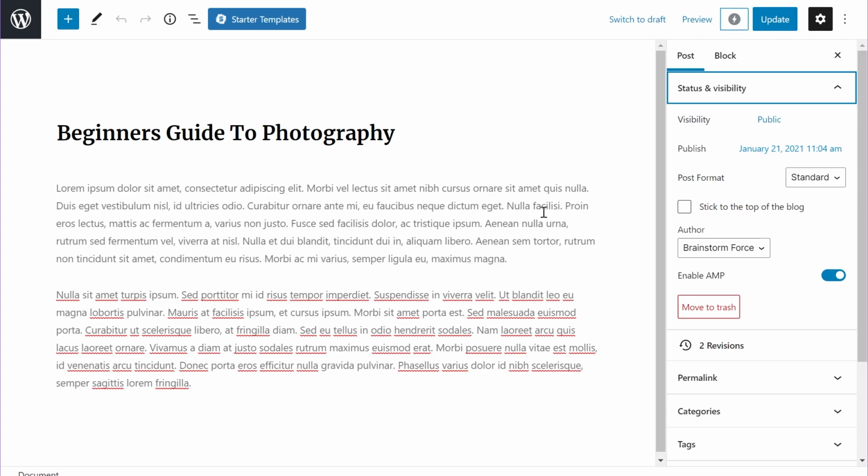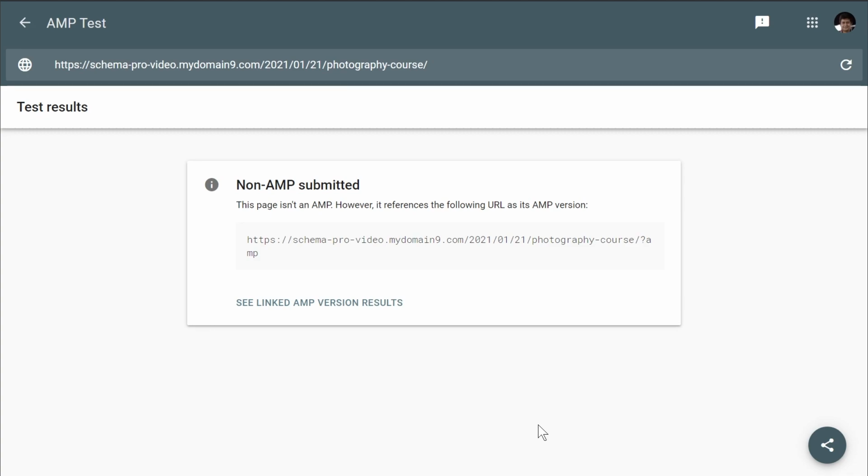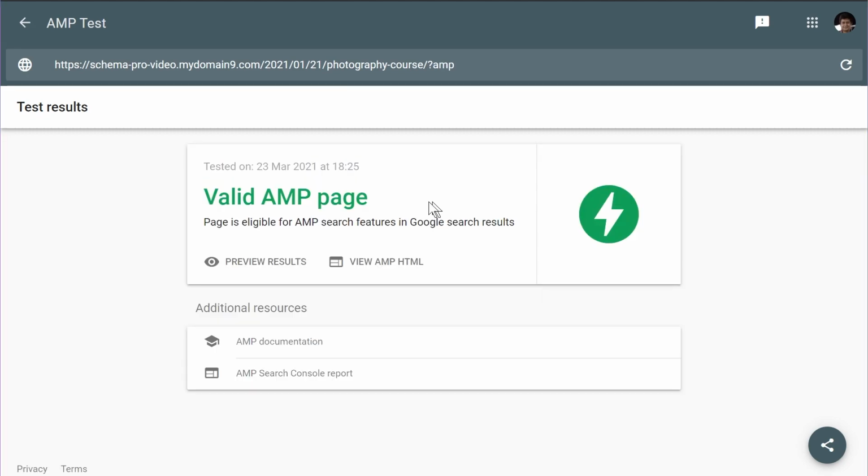I'll copy the URL of the post and we'll check out if the AMP version is compatible and successful in Google's AMP testing tool. So I opened up Google's AMP testing tool, I submitted the URL for testing, and this is the warning I received that I submitted a non-AMP URL, which is perfectly fine because this is a non-AMP URL. But Google also detected that the URL we submitted has an AMP URL attached to it, which is this one. So let's see the linked AMP version results, in which Google will test the actual AMP page on the website. So as you can see, it's a valid AMP page with a complete, I would say, a sign of approval from Google, if that's what it's like.